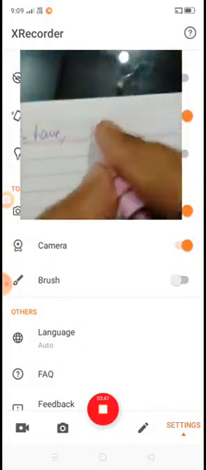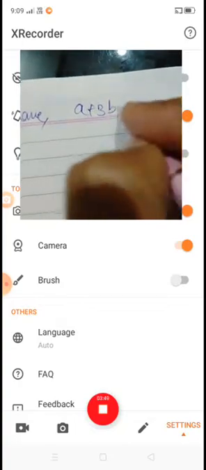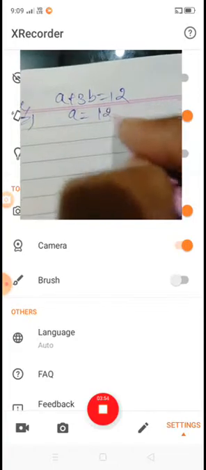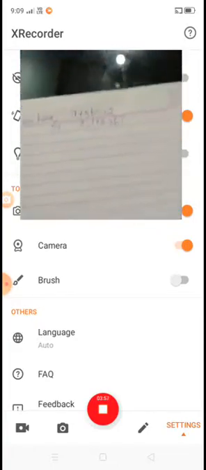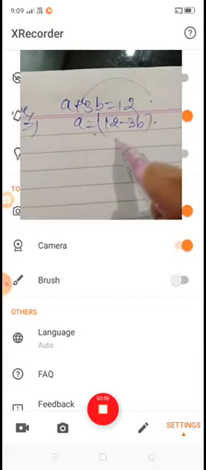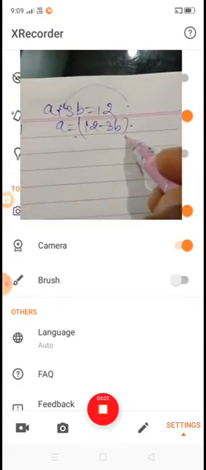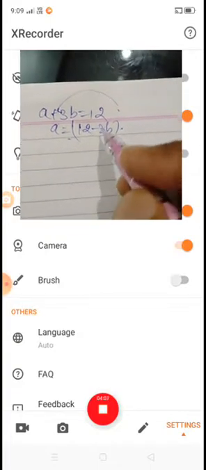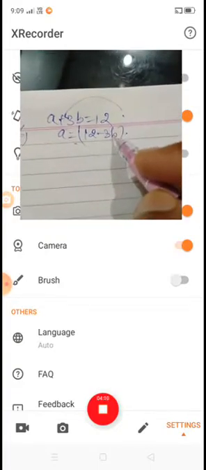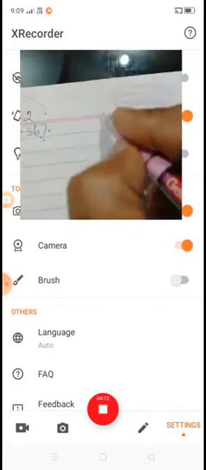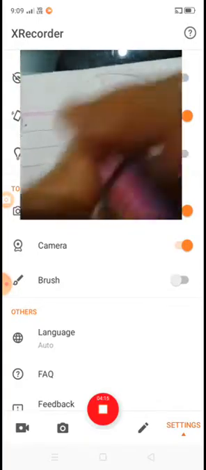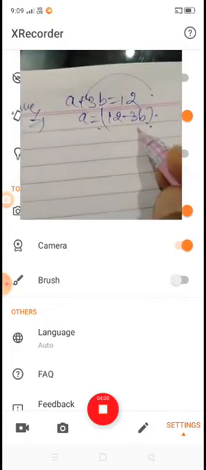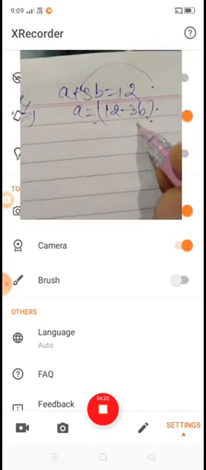We have A plus 3B is equal to 12. So here we find A is equal to 12 minus 3B. Equation number 1. Suppose we put B is equal to 0, then we get 12 and 0. We don't put 0 because A and B both belong to natural numbers, and 0 is counted as a whole number. So we don't take B is equal to 0. We take B is equal to 1.